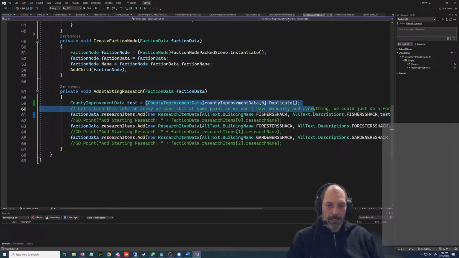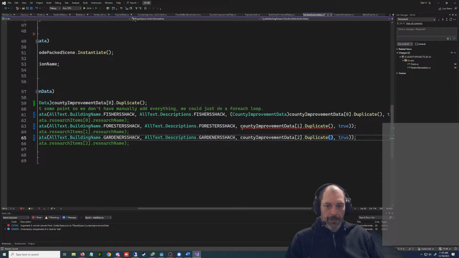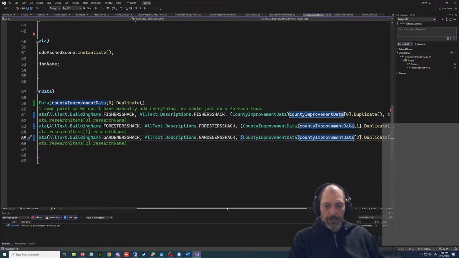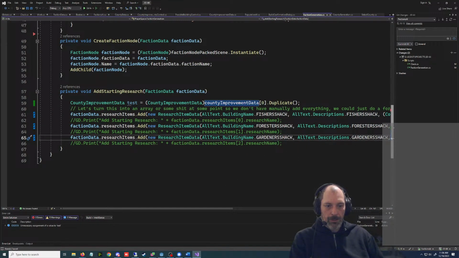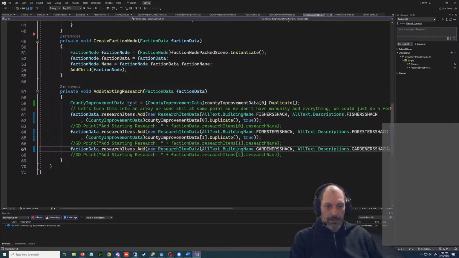We don't actually need this test thing. I think I can just drop this directly in here. And pretty much I can just copy this and put it right here and right here. Then we just got to cast this as a county improvement, and we got to spell it right. And then I guess I could have just copied this, right? Less typing. All right, so that's all this, but this goes over too far. So let's put this little comma down here. I like everything to be seen on the screen.